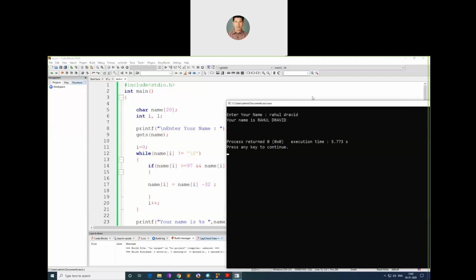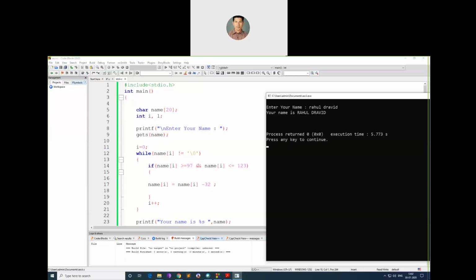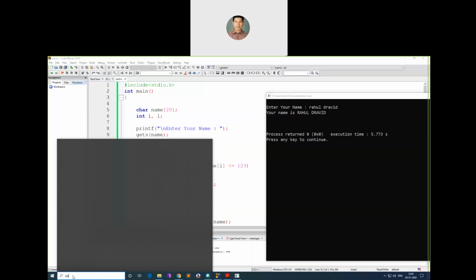This works. Why is it working? First, it will check whether Rahul, that is all characters, are between the lowercase letters range. How to check whether they are uppercase or lowercase? Because lowercase a starts with 97 and the range is from 97 to 123. I'll open the calculator.